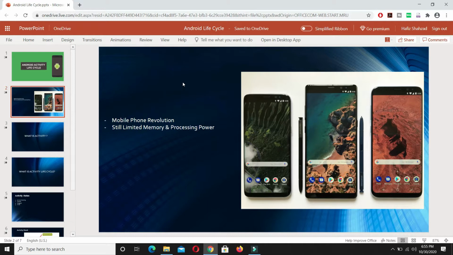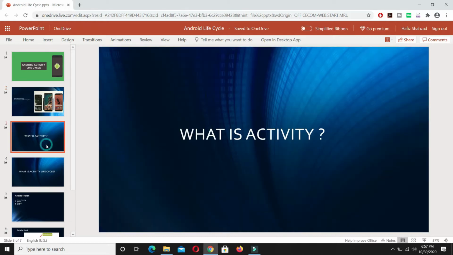So to tackle this situation, you have to design your application in an optimized way so that it will consume less power, less memory and fewer mobile phone resources, so that it will be light on the user's mobile and the user can have a better and faster response from your mobile application. So the Android activity lifecycle guides us when to use these resources and when to release these resources in an optimized way.